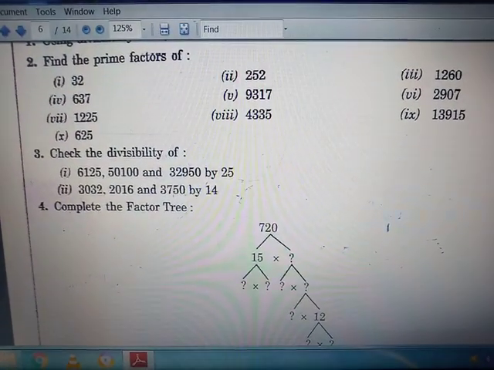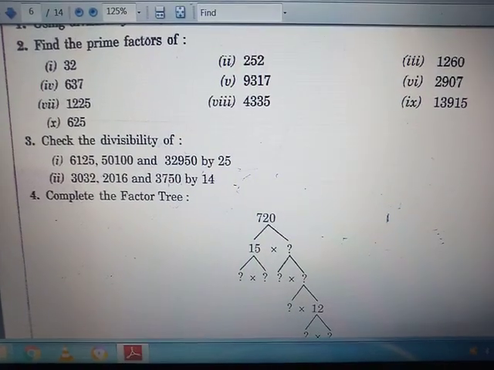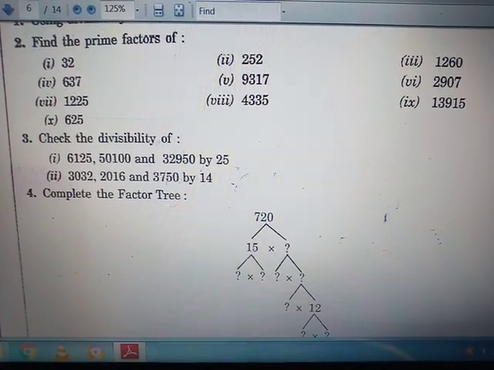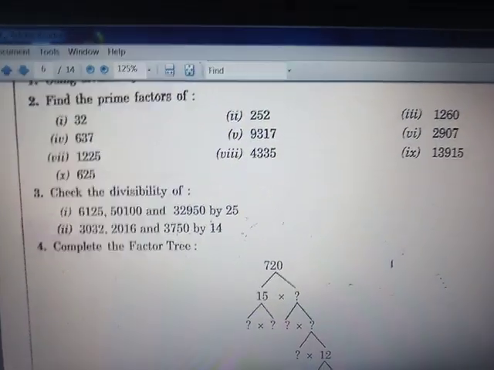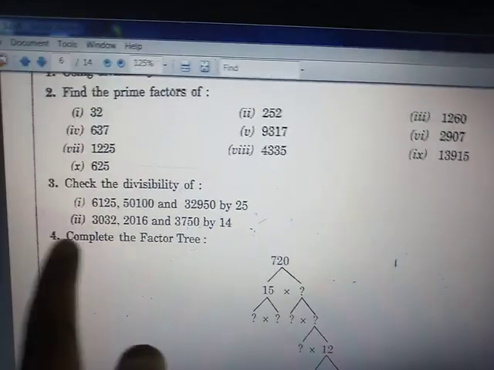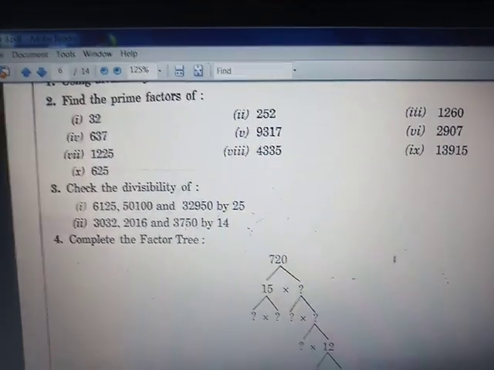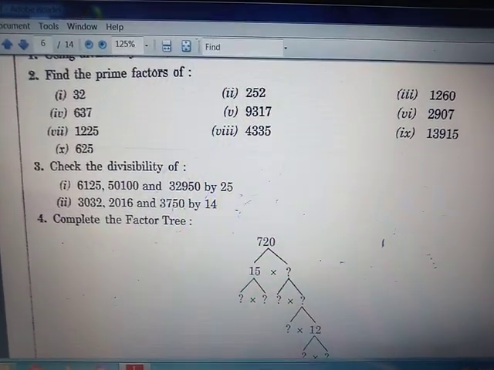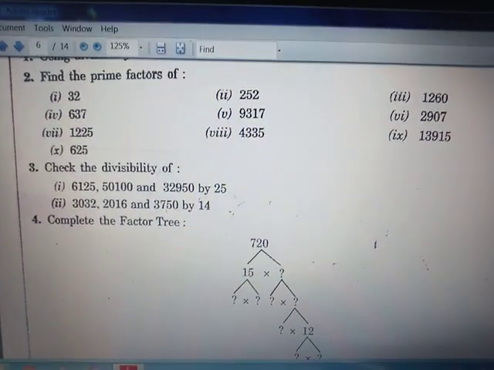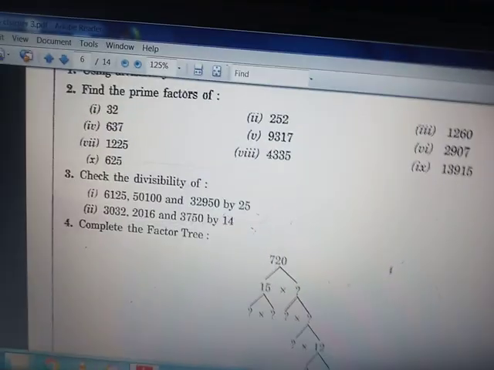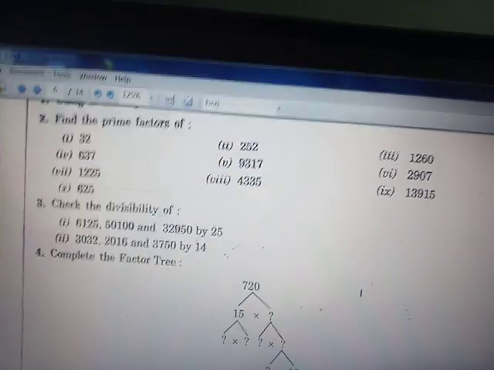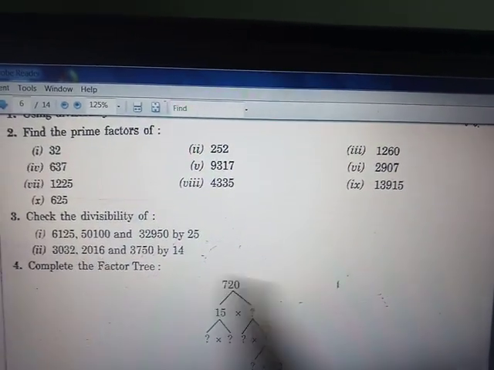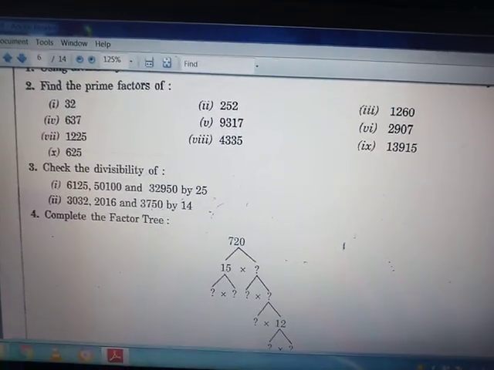The test of divisibility by 7 says that you take twice the unit digit. Suppose 2 is the unit digit of the first number, then twice of this is subtracted from 303, and if the resultant value is divisible by 7, the number will also be divisible by 7. But I think you should go with direct division. So you will find that 2016 is the right answer to this question.